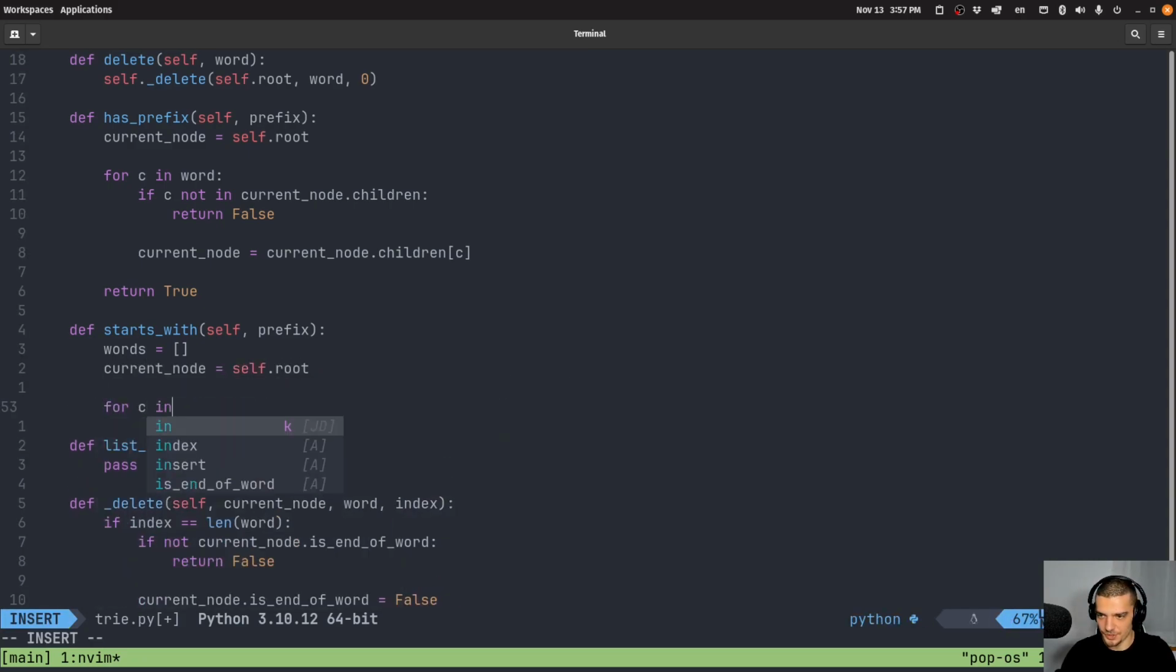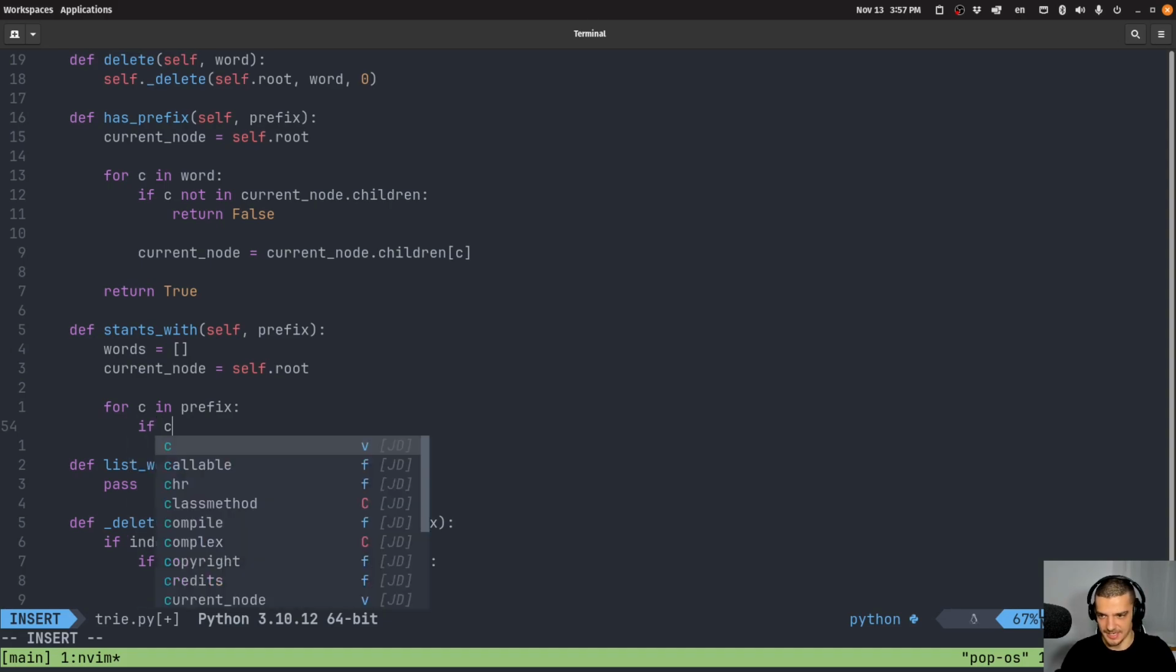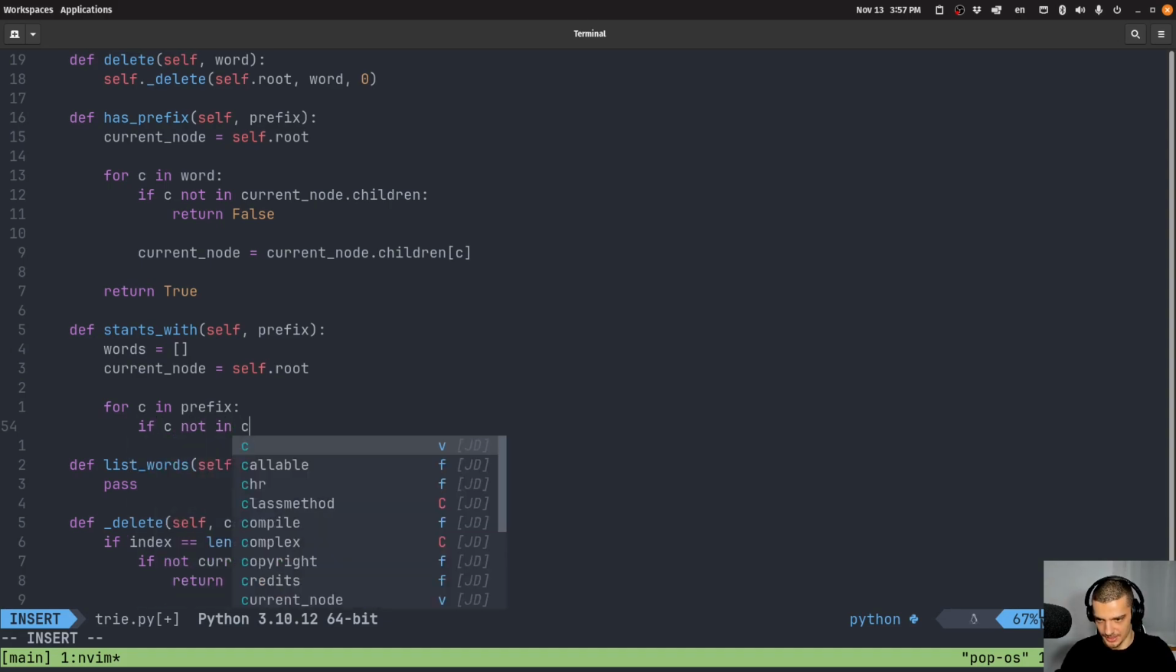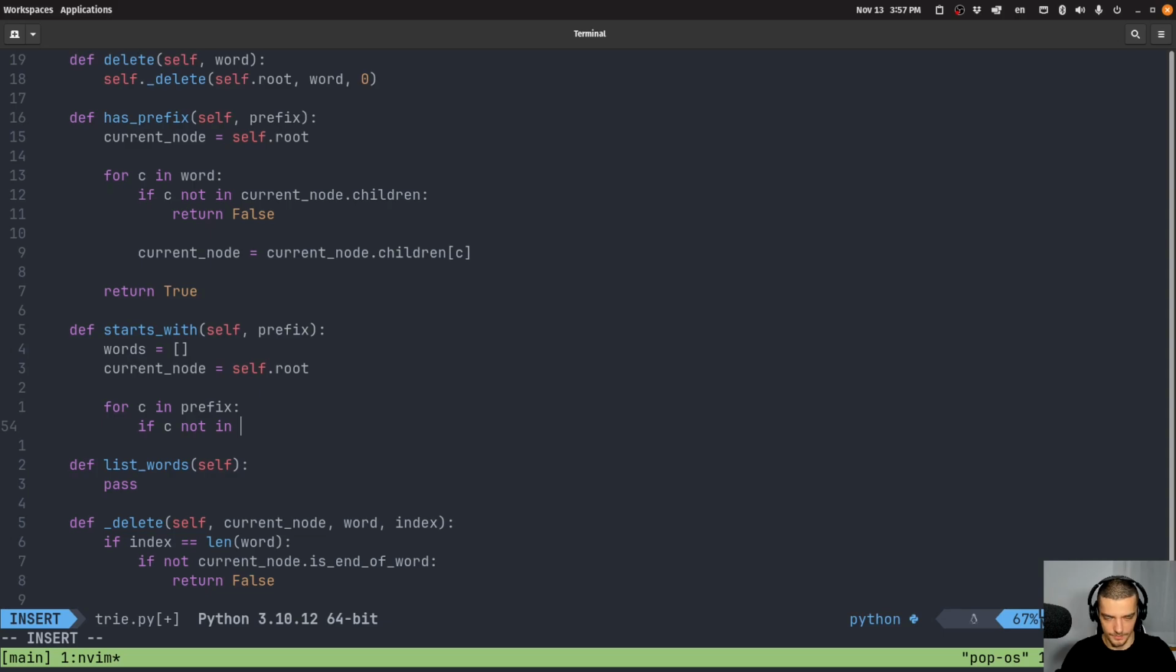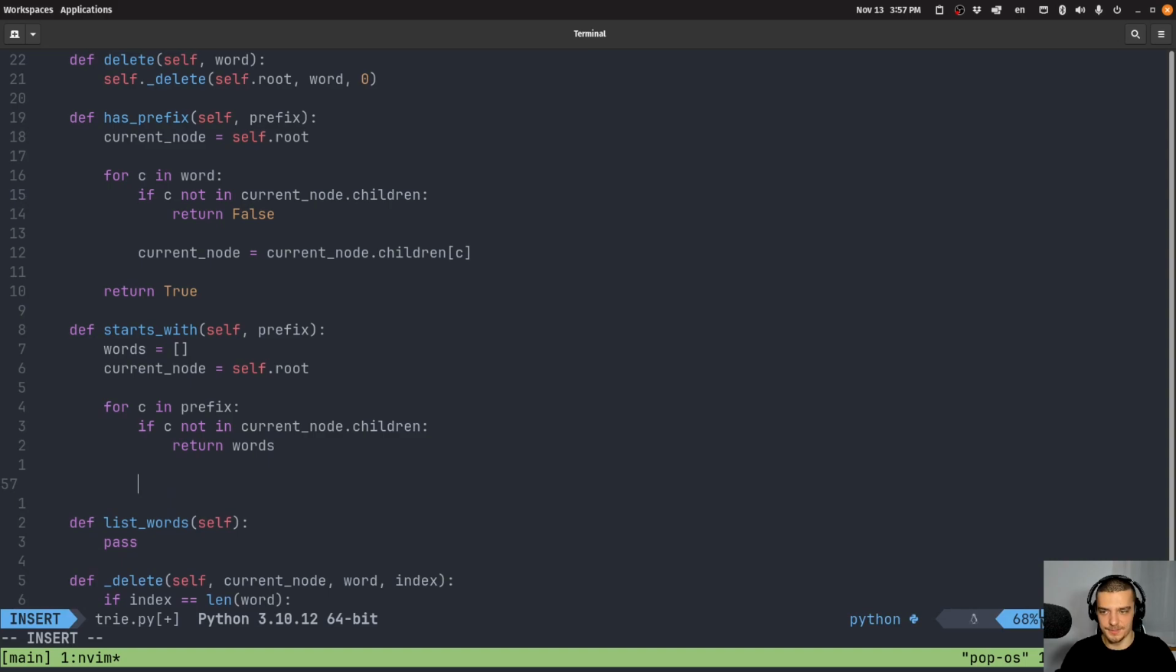And then we say for C in prefix. So we want to go to the position, and we want to say if C not in current node dot children, we're going to return an empty list, or actually we can return words because it's going to be an empty list at this point. But if we don't get into this if statement, we're going to just go further and further. We're going to say current node is equal to current node children C,